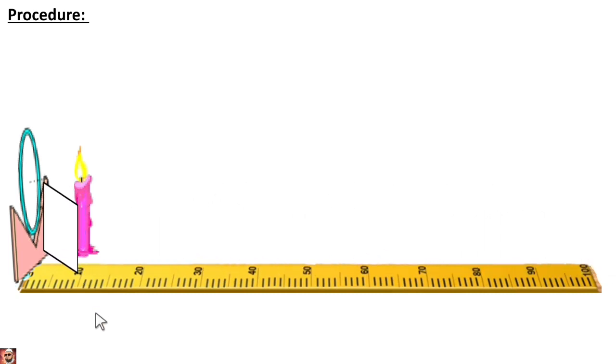But in this situation, we can see that we are not getting the image on the screen. But where will we get the image? If the image is not on the screen, you have to look in the mirror. When you look in the mirror, you will see the image in the mirror. So this type of image we call a virtual image. It is the same as how the object is, so that's why it is an erect image. And we are getting it bigger in size, so it is an enlarged image. So this is the condition when the object is kept at less than the focal point: we are getting an enlarged and erect image, and a virtual image, that is the image we are getting in the mirror.